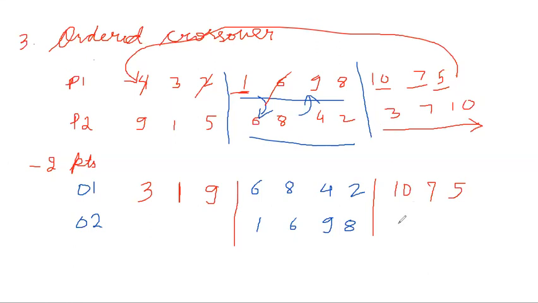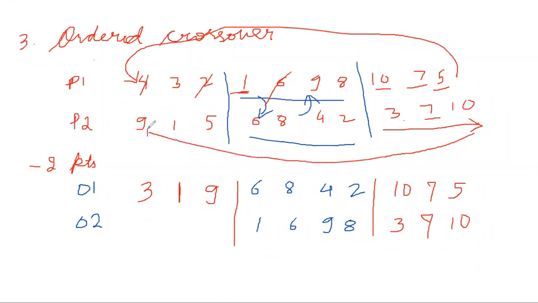So 3 is not occurring, so 3 is copied directly. Then moving on to the next element, which is 7. 7 is not occurring, so that will also come directly. Coming to 10, this will also come directly because it is not occurring. Now I move in a circular direction